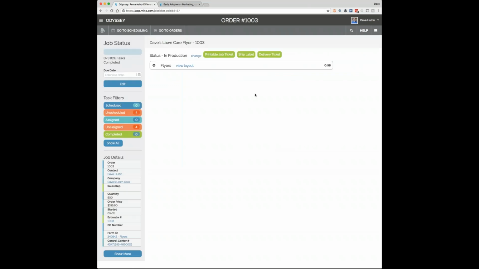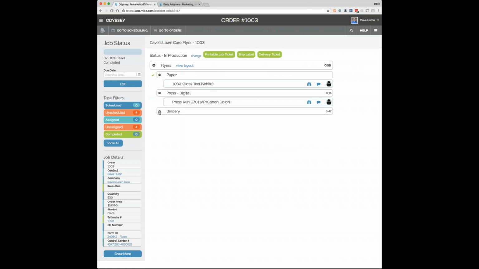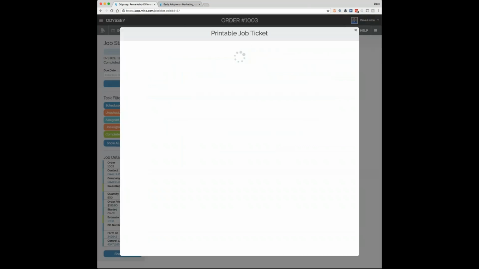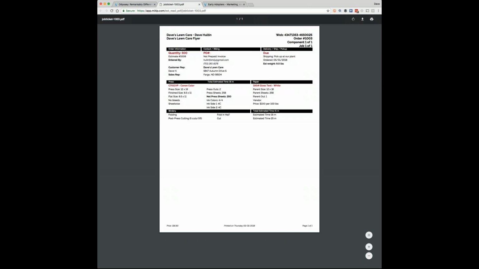It's gone because here's our job ticket. And we can take a look at that right on the screen. This is the online view of a job ticket. We also have that printable job ticket we can look at as well. Both options are there, whether you and your team want to work together online or use a printable job ticket. That's how it happens.